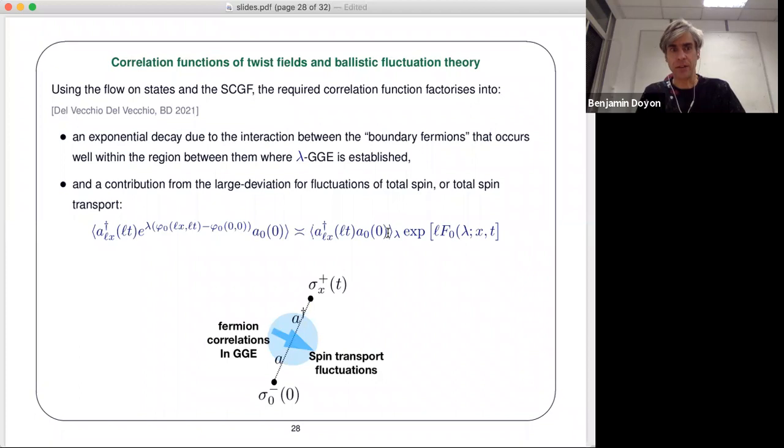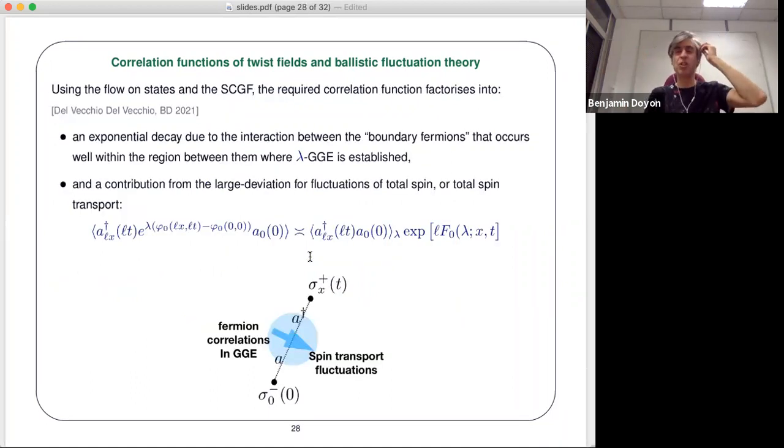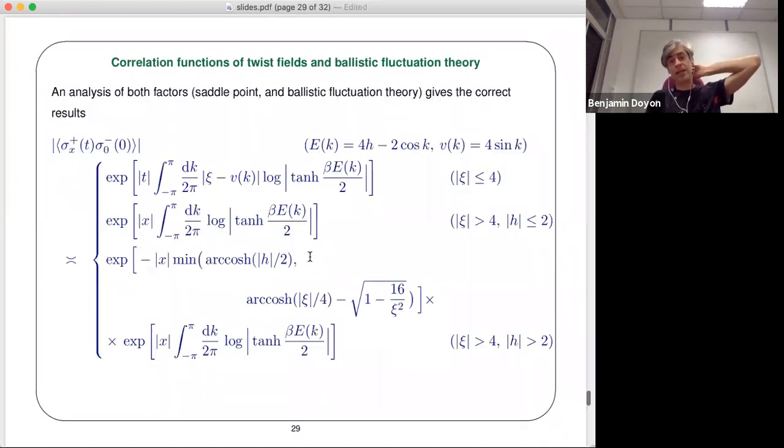And yeah, so it can be expected to decay exponentially, but this is a modified thermal state by lambda, and this lambda modification is a bit weird because it adds lambda sine x, and lambda is i pi, so it's imaginary. That changes the bosonic distribution to the Fermi. That changes a bit the structure,